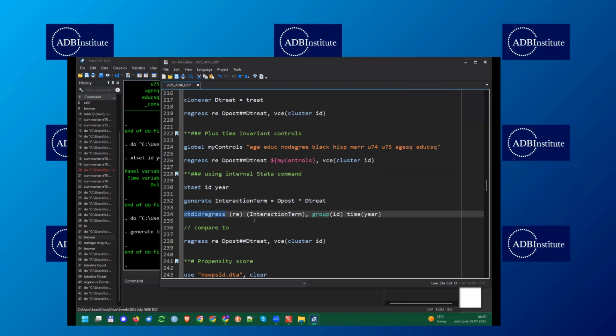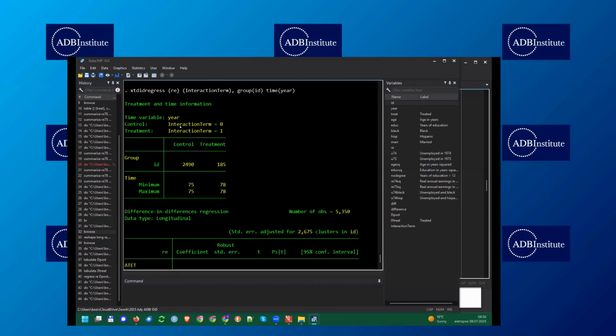Finally, the syntax for xtdid regress is, in the first parenthesis, we say which variable we want to use to explain our treatment and post variable, and that's the interaction term that we have just generated in line 232. Then we specify what our group and time variables are, and that is here. Okay, so if I run this regression now,